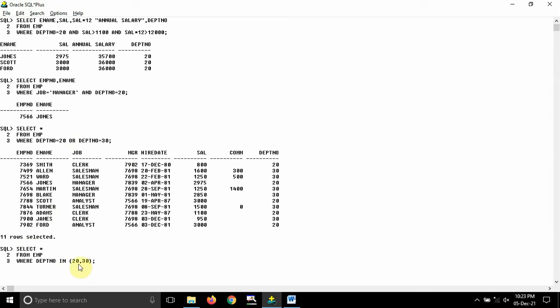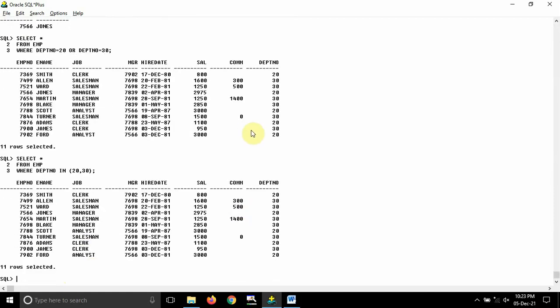IN means OR, indirectly it is saying that if the department number satisfies any of these conditions, either equal to 20 or equal to 30, then display the details. If I hit enter, you can see the same table has been displayed. So this indicates that you can write the query either like this or like this, but one thing is there, guys. In actual coding or in actual database management, we will not be writing the query like this.